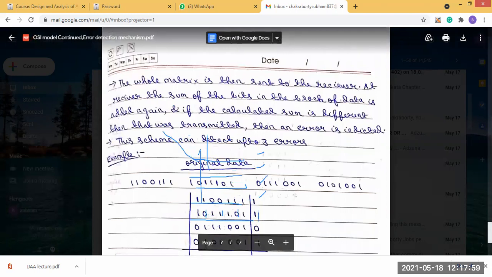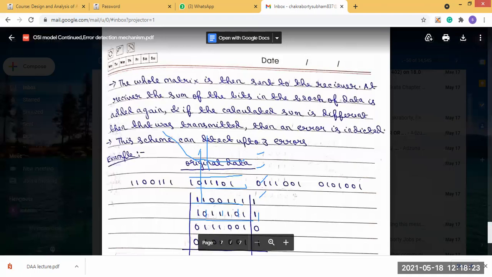So when the message is large and a number of errors are present, to detect and correct these errors, we use the cyclic redundancy check and checksum methods.